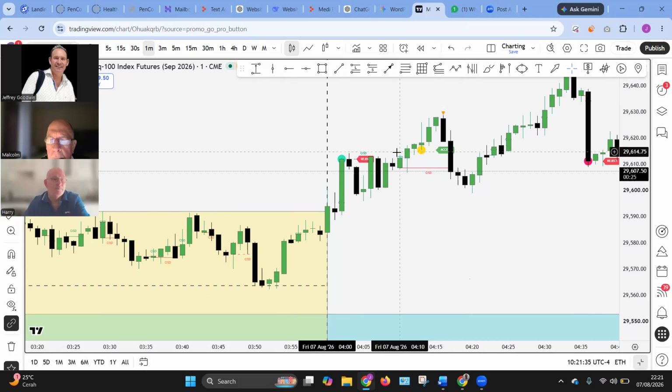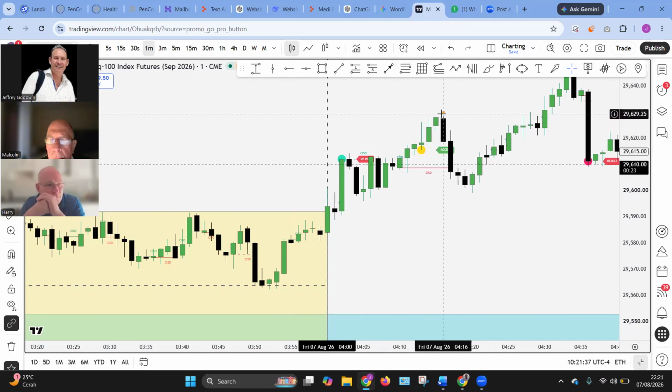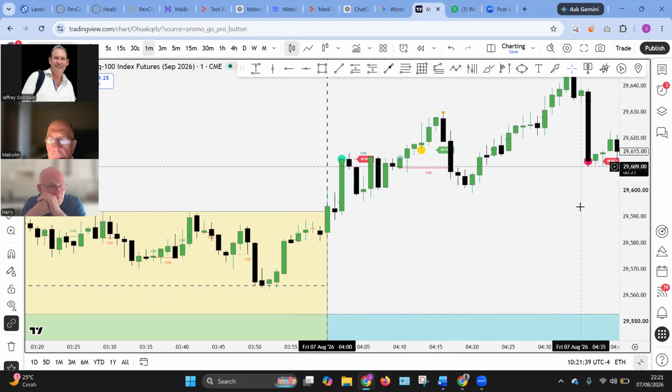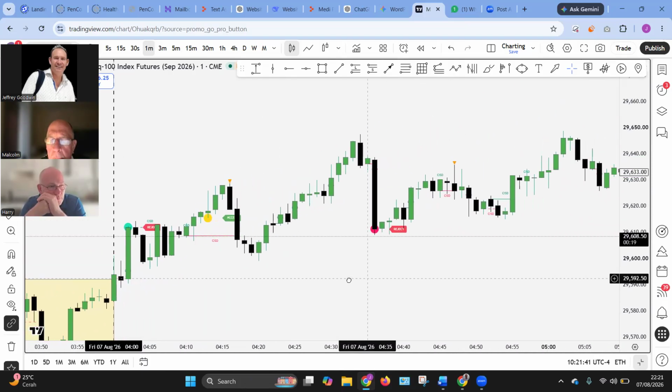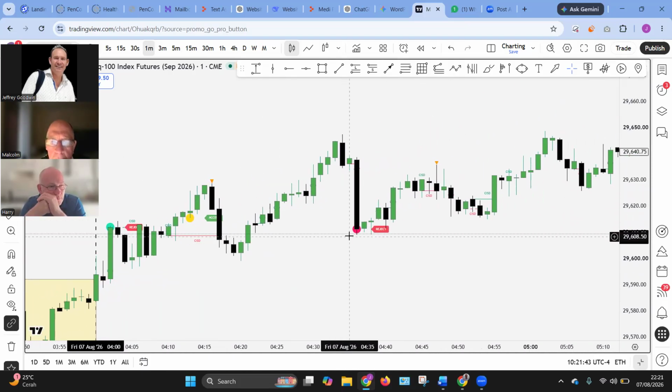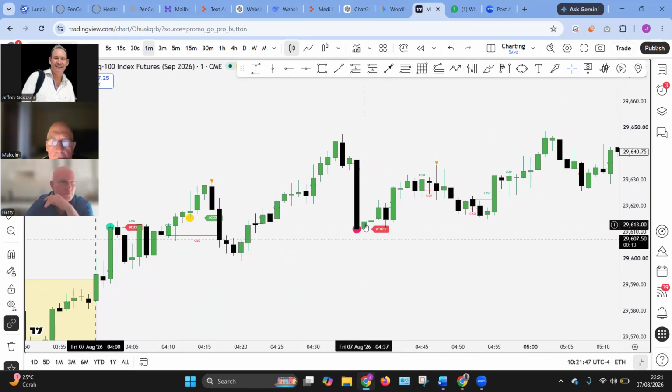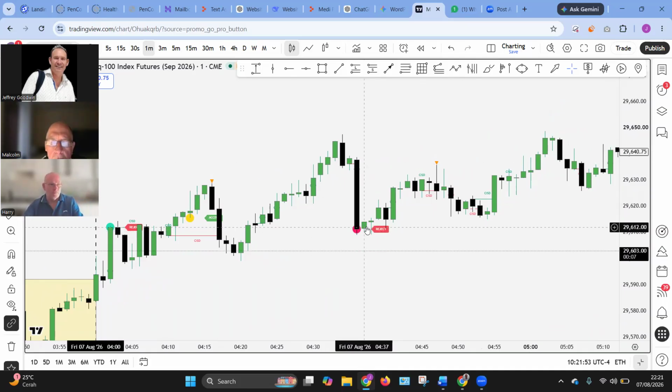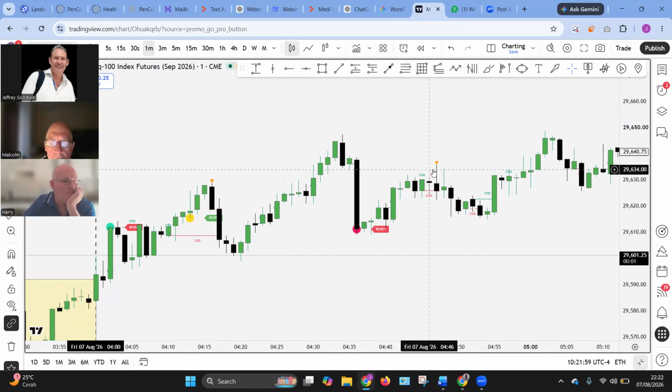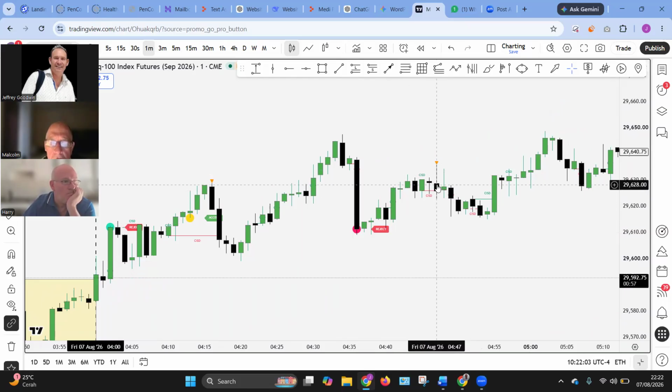Just so you know, these are not as powerful as these, typically. It came down, you're thinking about getting a sell. The best thing is just to wait for the next candle to close if you can. Typically, if you get this and it rejects, buy. Just take a buy, and you exit there if you like. There's a signal to exit.